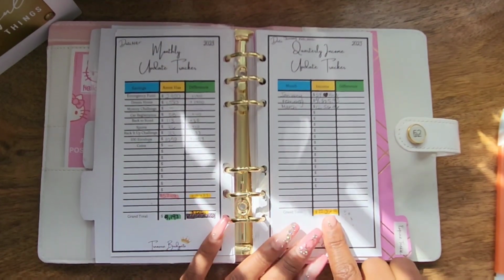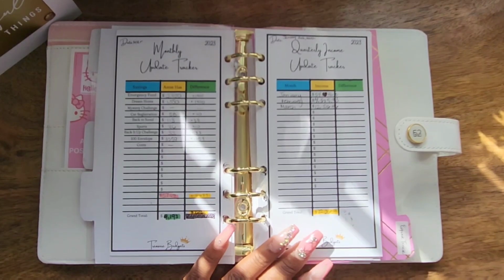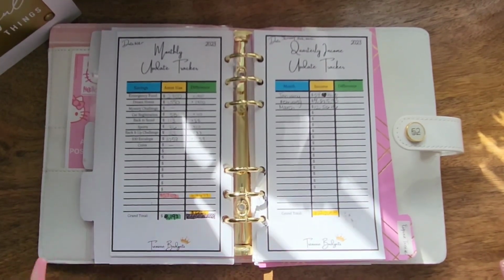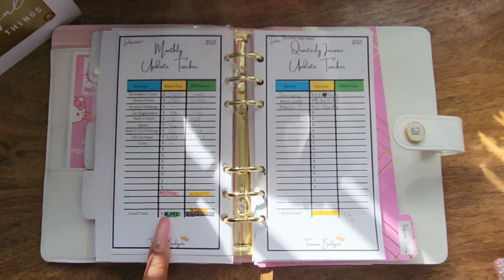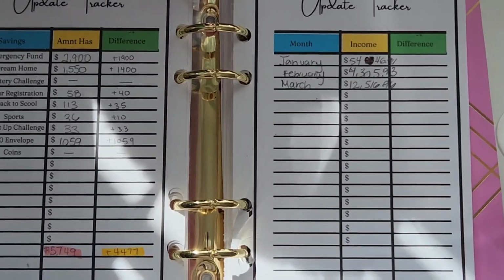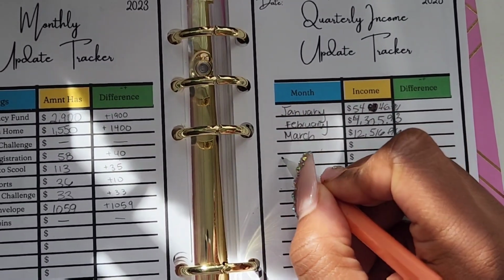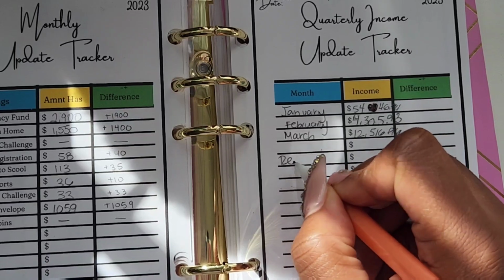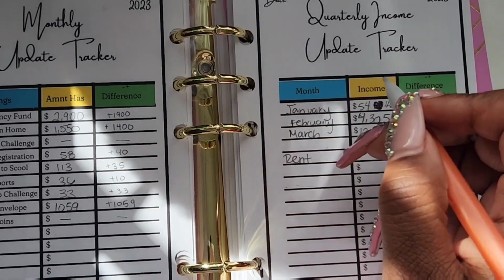So I'm going to evaluate and see where I put my money, because 22,000 is a lot. And if I had 22,000, why am I only having 9,000? So let's go ahead and break it down. For rent, I was able to calculate my rent for the 3 months, and that came out to a total of